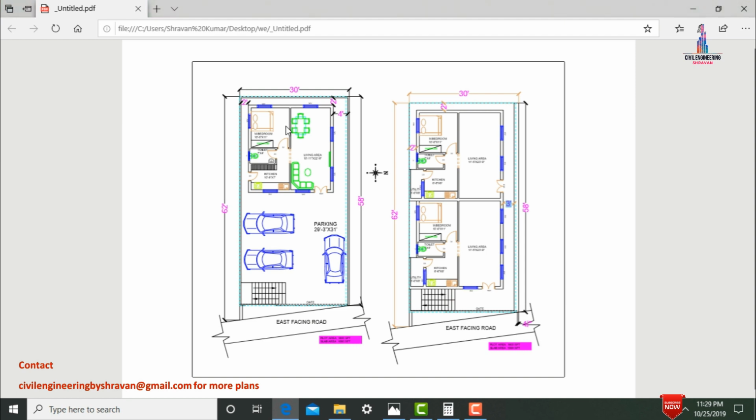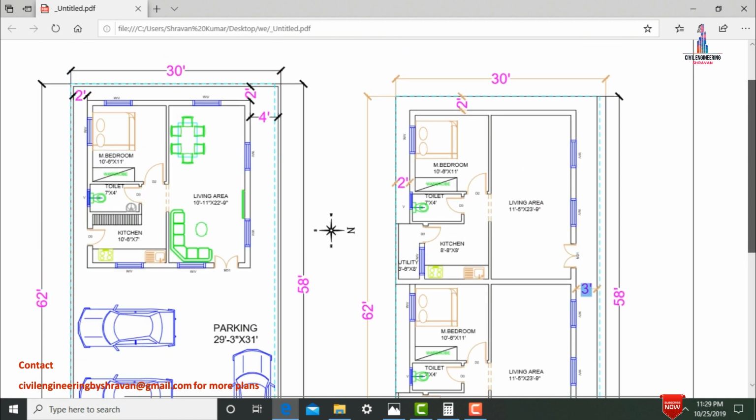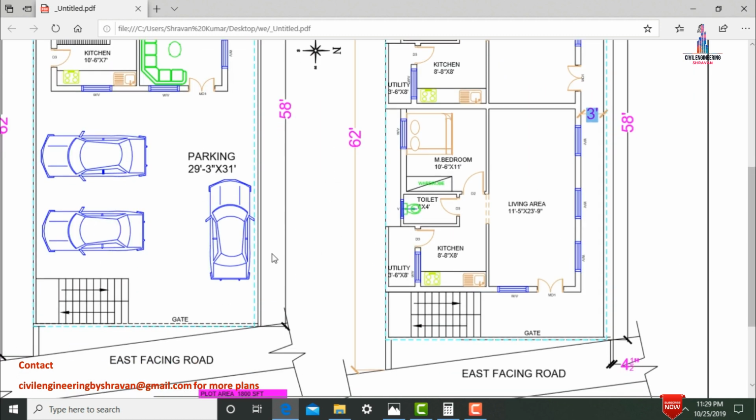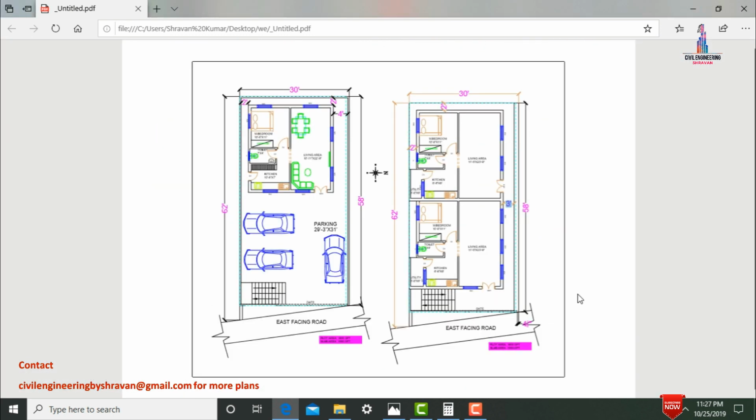For this respective building all outer walls will be provided as a 9-inch wall, and inner walls will be consisting of 4 inches, and the compound wall will be provided as a single brickwork, nothing but your 4 inches. I will attach this respective plan in the description for this respective G+1 story of 200 yards, which is consisting of single bedroom hall kitchen portion in ground story, and first story will be consisting of 2 portions, and each portion will be consisting of single bedroom hall kitchen portion. So please check the plan in the description.